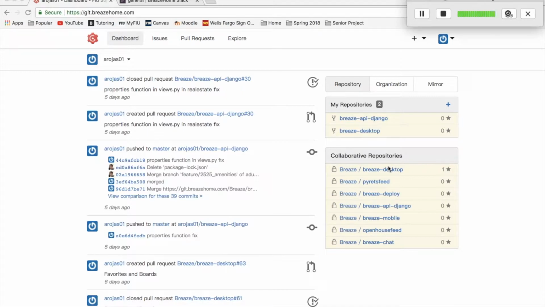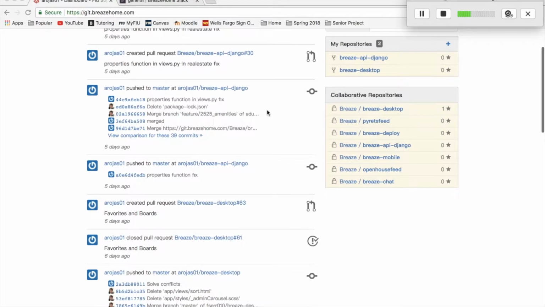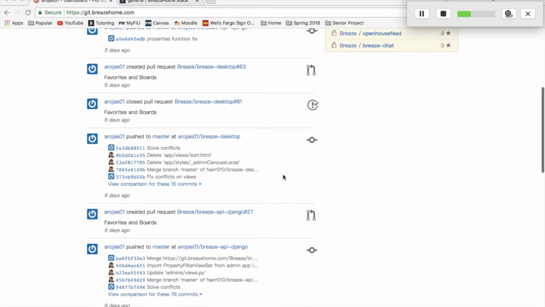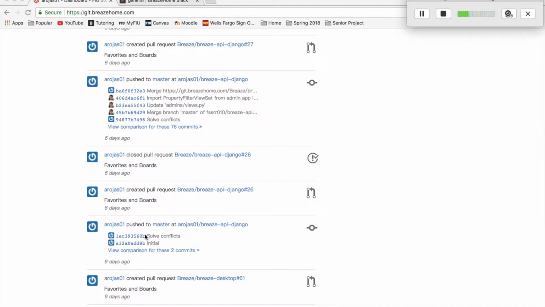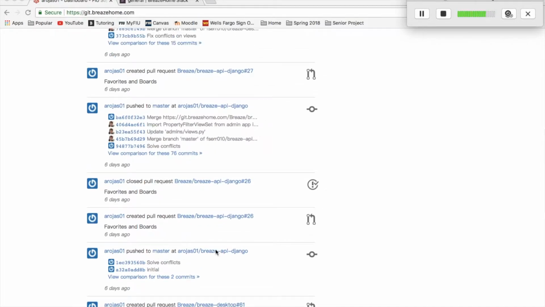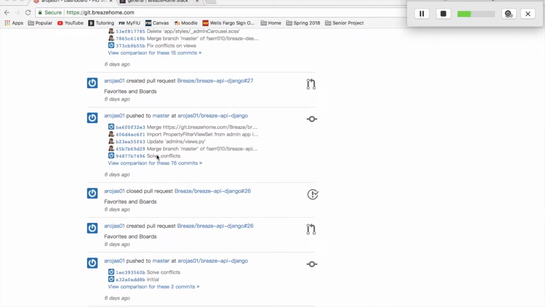So then when I was going to push my changes, I had to solve a lot of conflicts where other people made changes to the main project. So I had to kind of incorporate those into my code and then add my code into the main repo as well. And that's basically kind of like what you see here. So all these pull requests, like solving conflicts, both for the front end and the back end. So here's solving conflicts, merging, and then